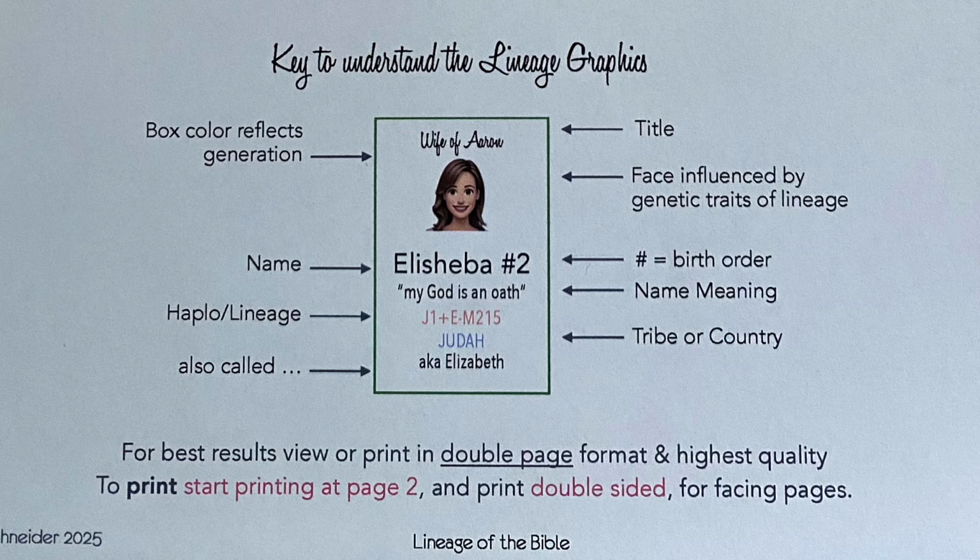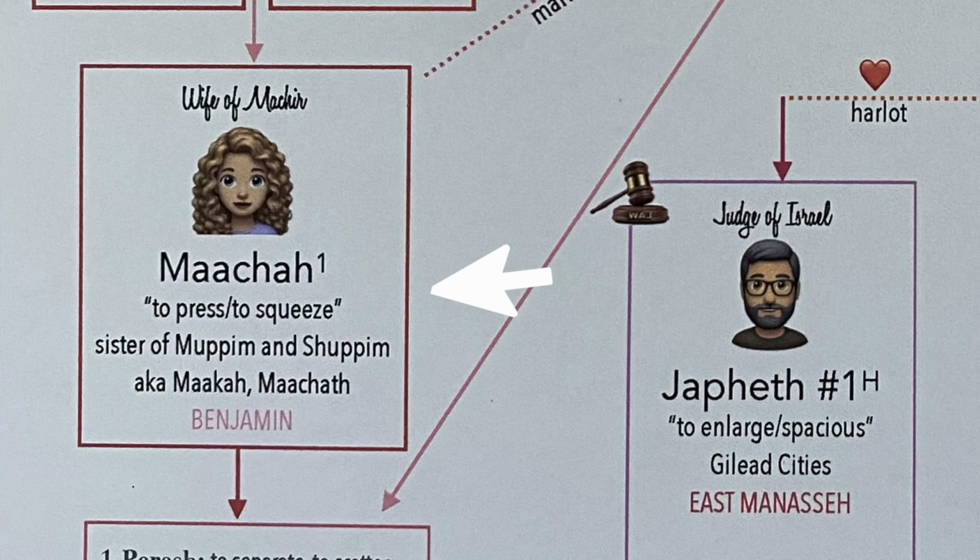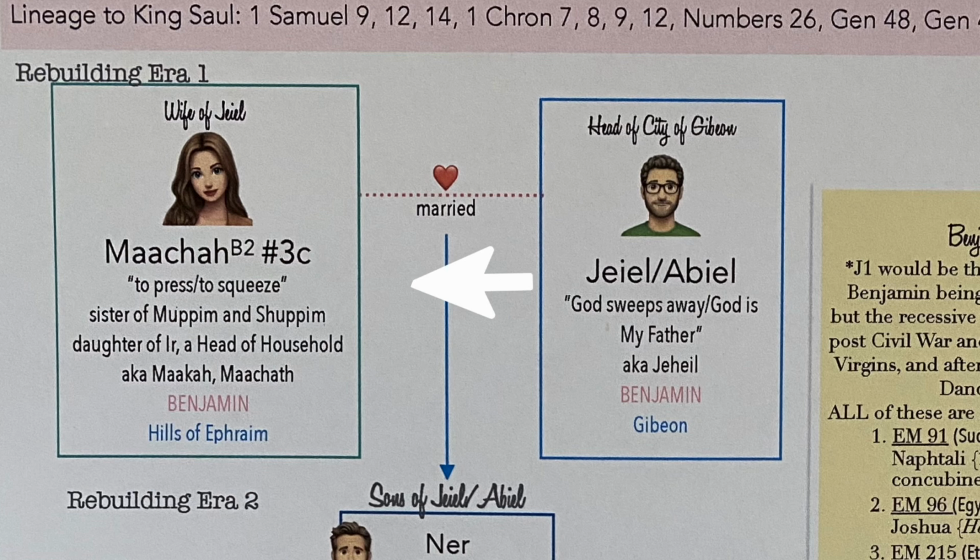The color of the box reflects which generation it is. If you're a visual learner, it's going to help you, okay? For me, it was a way to keep every generation straight from one another, because in some of the points of lineage, it becomes very important to know that there's 1, 2, or 3 different generations away from one another, because it changes who's who. They use a lot of repetitive names. They name someone after someone else they honor. Therefore, you come up with some trouble.